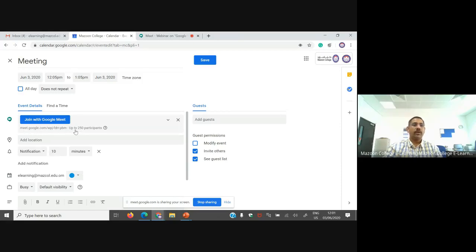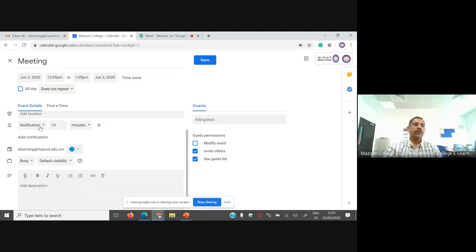Your Google Meet permits up to 250 participants at a time. At a time we can communicate with our students, with our participants, up to 250 participants. It is also based on the speed and the infrastructure, but Google supports up to 250 participants. Now here is the notification, maybe you people have received the notification before 10 minutes from Google Calendar, now automatically it will come. It is a one time setting, after that Google will take care of our job.